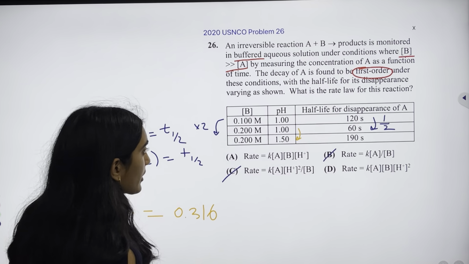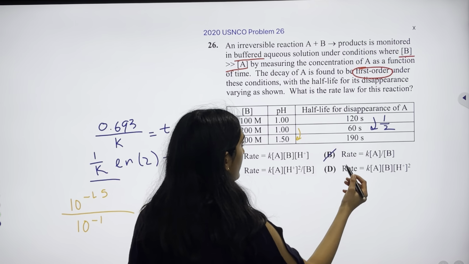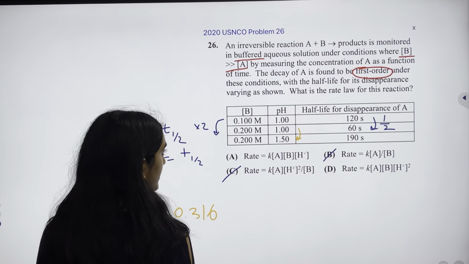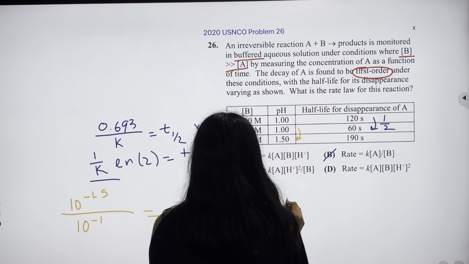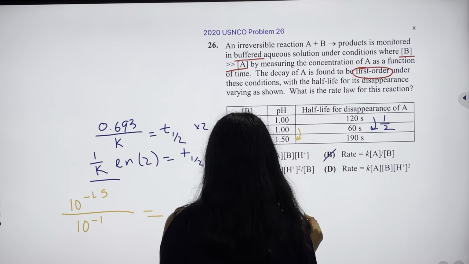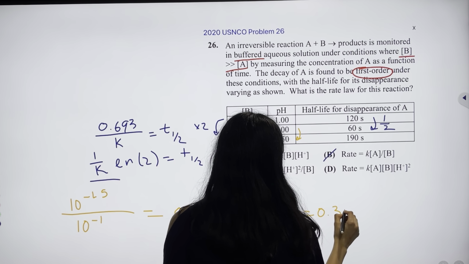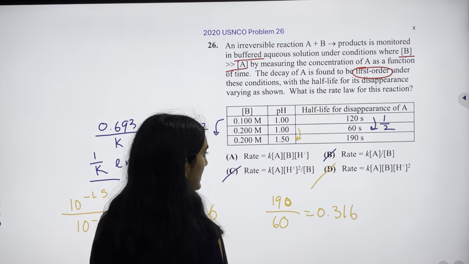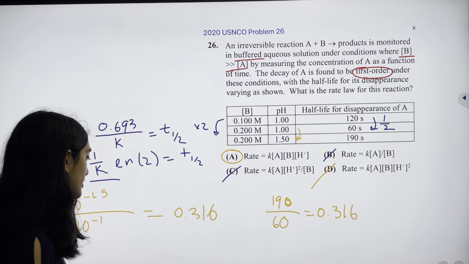And if you look at what's going on with half-life, we'll see that it's also... Okay, so H+ is first order. We can eliminate D, and so our answer is going to be